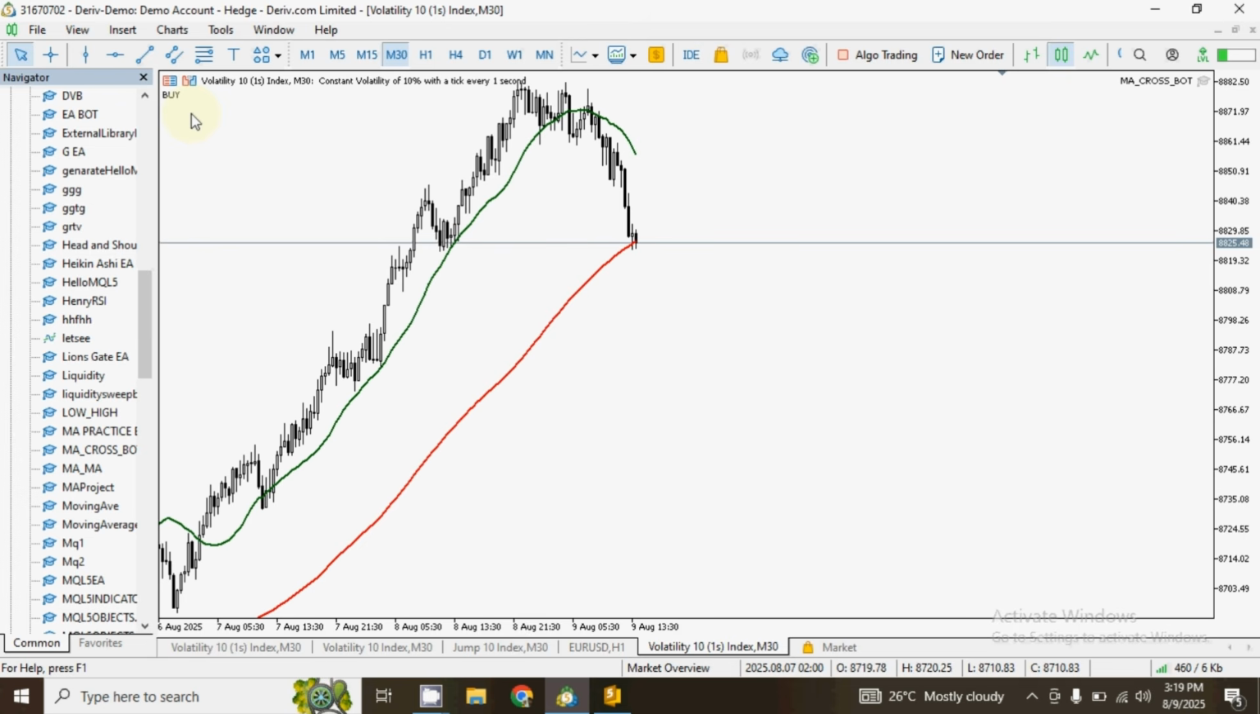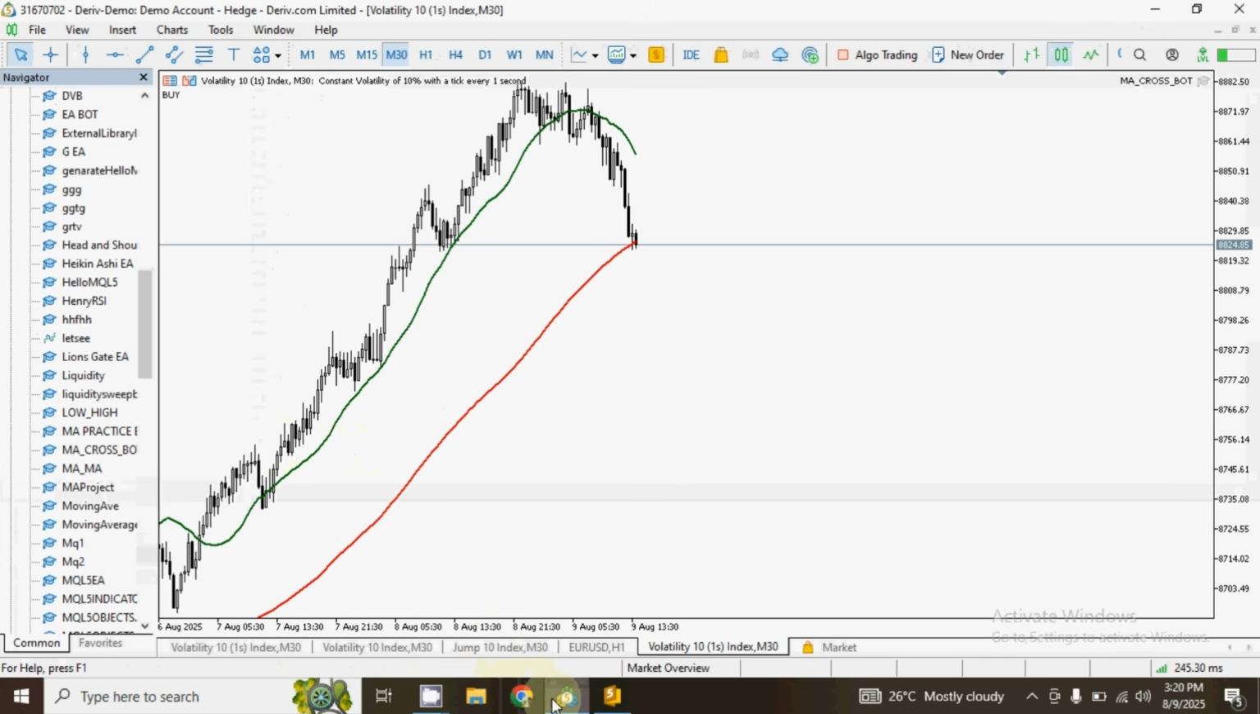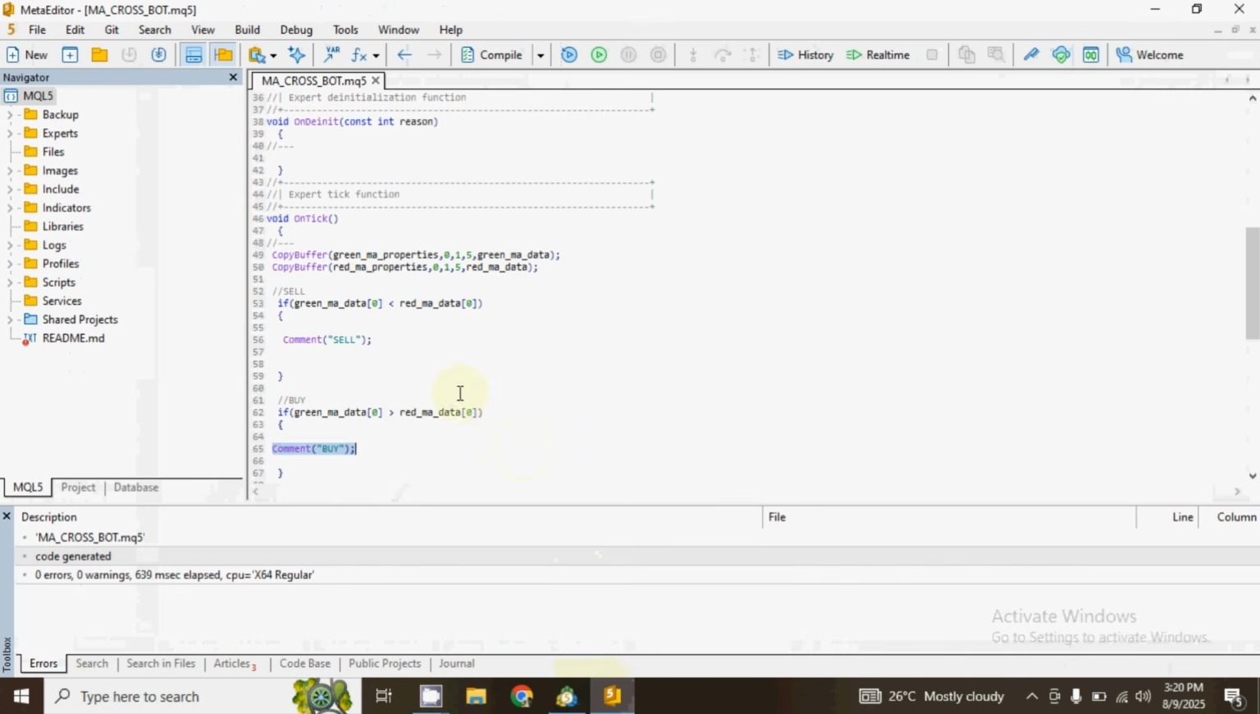What if we actually want to place a trade? Now let me go back to the MetaEditor. Instead of these comments, we actually want to place an actual trade. We want the bot to execute trades for us instead of just commenting buy and sell. Now let me delete this